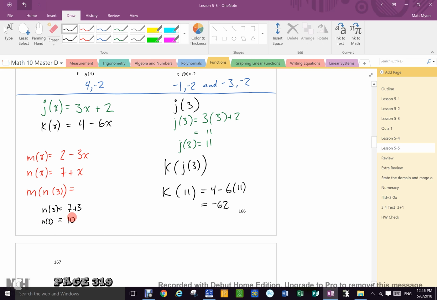If the n of 3 is 10, can't that 10 go right there? So when I'm asked for the m of the n of 3, aren't I really asking for the m of 10? Yeah. And what do you do? You do the math. 2 minus 3 times 10, because now I'm on the m function. What is 2 minus 3 times 10? Negative 28. Now, what is the ordered pair